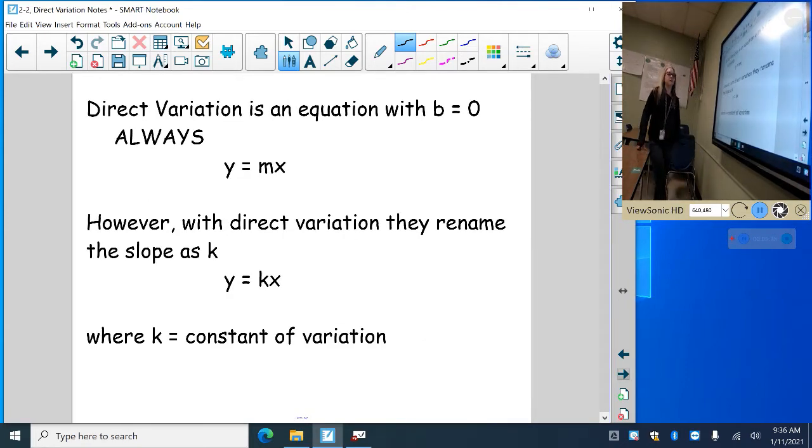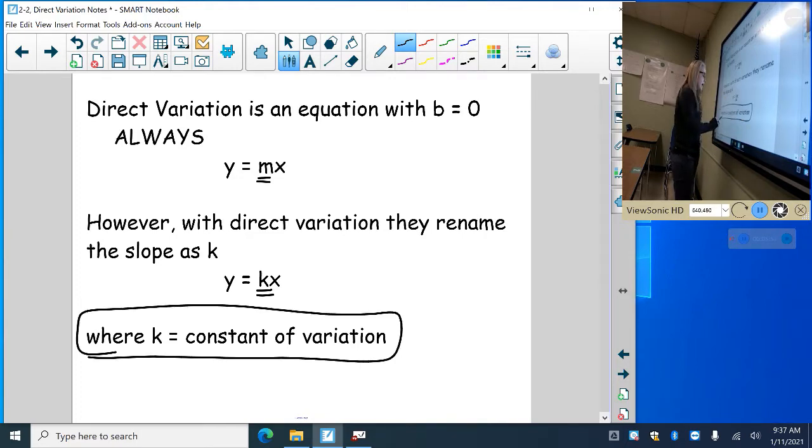Direct variation is an equation with b equals 0, always. So it looks like this, y equals mx, where m is your slope still, but my y-intercept is always 0. However, with direct variation, in math, we're going to rename the slope k. That way we can tell the difference between the slope, whether it's direct variation or whether it's not. So in this case, it is direct variation, so we're going to call it k, also known as the constant